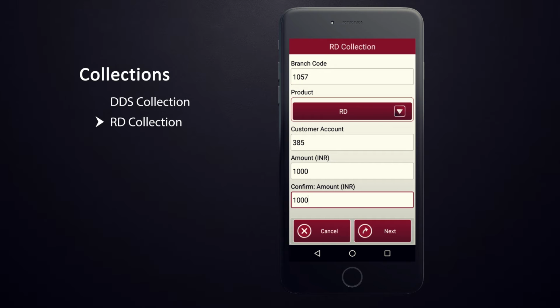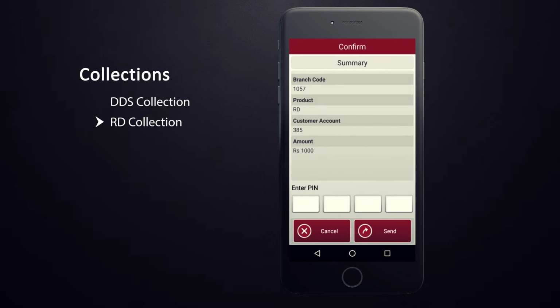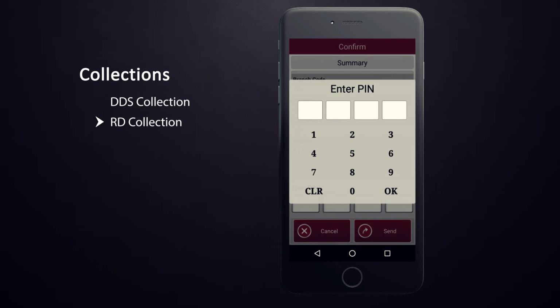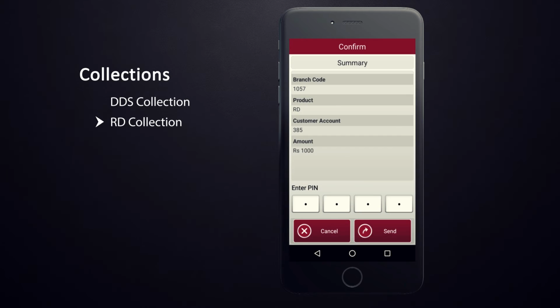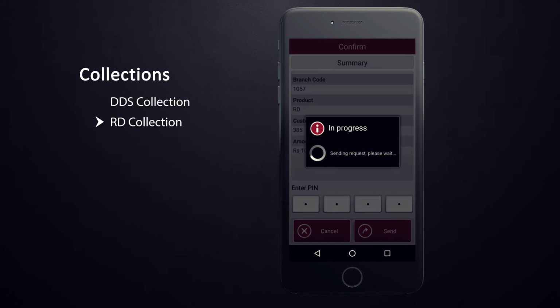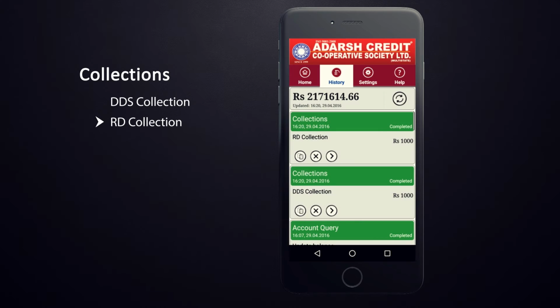If required, you can even enter more than one installment amount at a time. Tap on the Next button to proceed. Enter your PIN to confirm the transaction. Once the transaction gets confirmed, it will take you to the History tab, where you can check the status of your collections done on behalf of members.